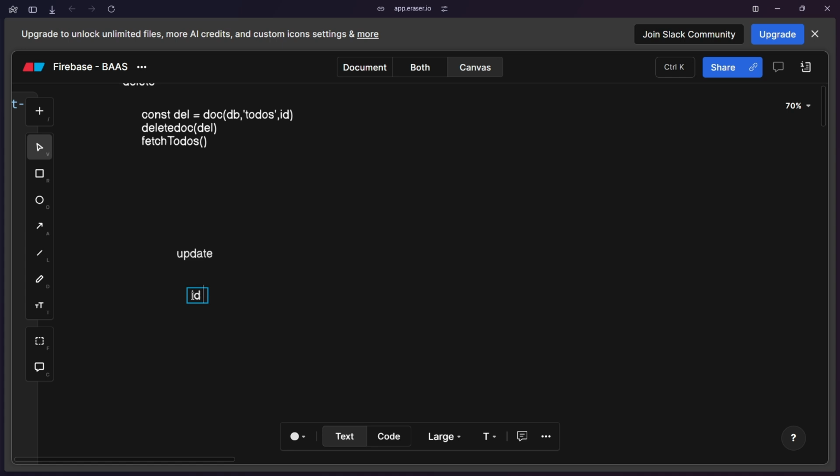We need the ID, along with some data which we want to update here. To send that, first we need to have one state which can track our IDs. State to track IDs. Then one more state